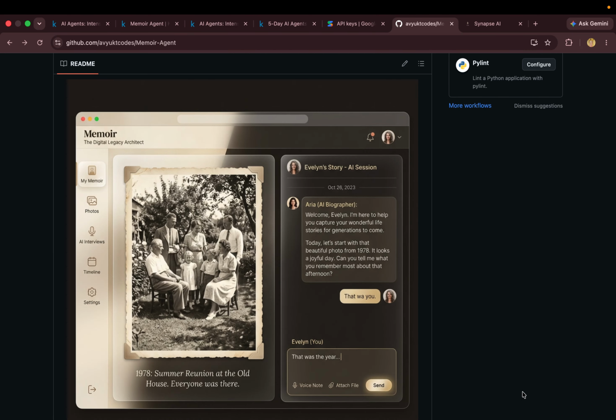So, hi everyone. This is Memoir, a digital legacy architect. We built this project on a core value: that the rich stories and memories of the older generations are a treasure, and shouldn't be lost to time. Our mission is to use AI for social good, making it effortless for the elderly to preserve their legacies safely and